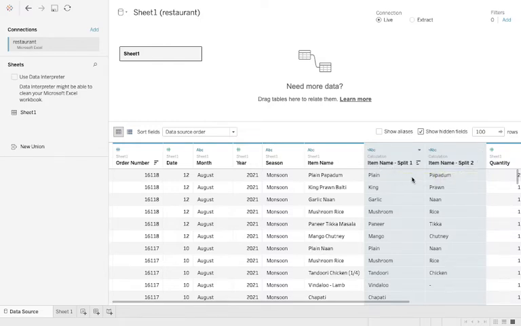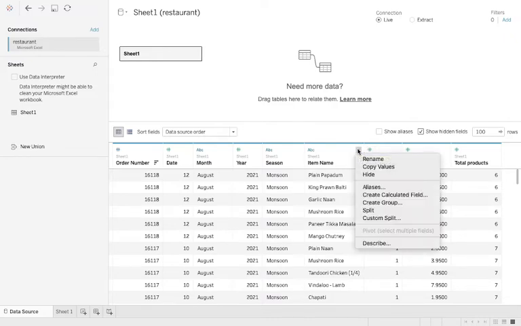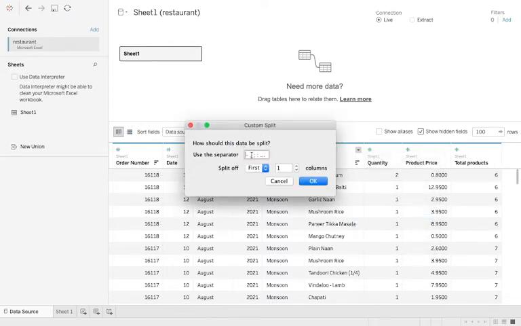So I have basically split my two columns, and now if I delete this, then both of them will be deleted for me. Also, this was like a default split that you can do. You can even do a custom split. So for example, you want to separate two columns where there's a hyphen, so you can just mention that in the box here, and then you can split it accordingly. So this was your custom split.